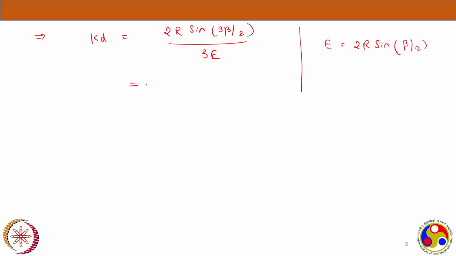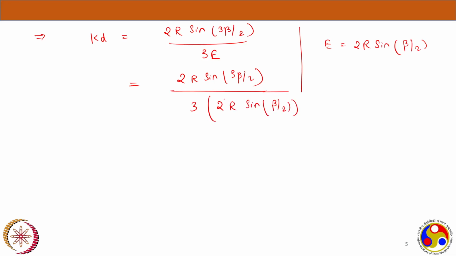Now let's substitute here: 2R sine 3 beta by 2 divided by 3 into E, I am substituting E as 2R sine beta by 2. Now this 2R gets cancelled, and I am left with KD equal to